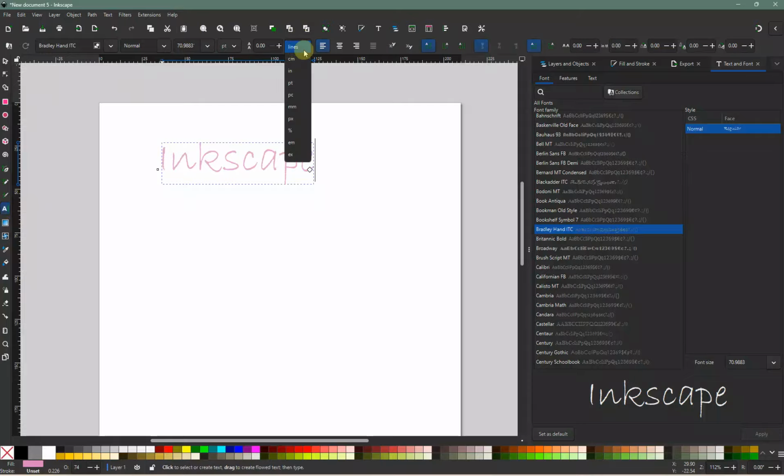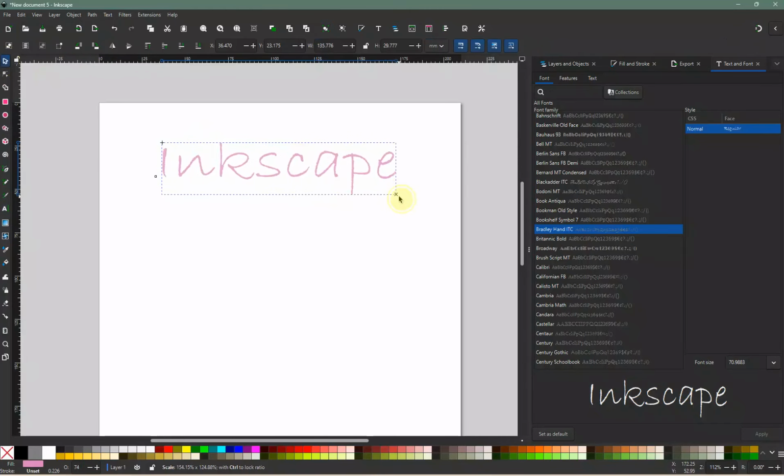If you want to move the text box around, switch to the select tool, which looks like an arrow, and then click and drag your text box to reposition it. You can resize it as needed by clicking and dragging the corners of the box, and that's how you create